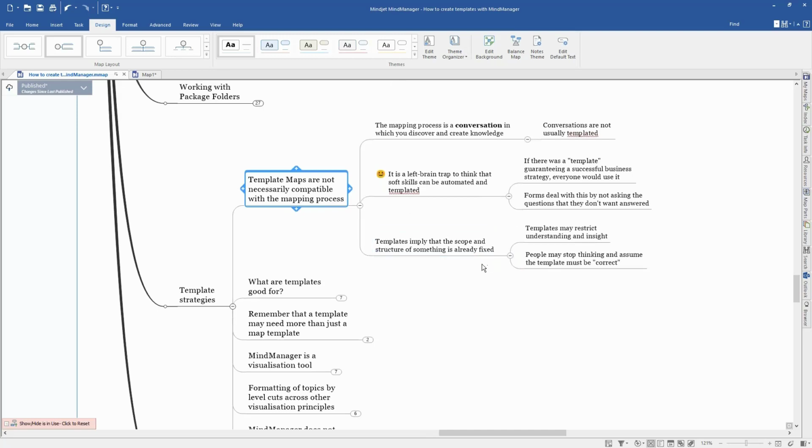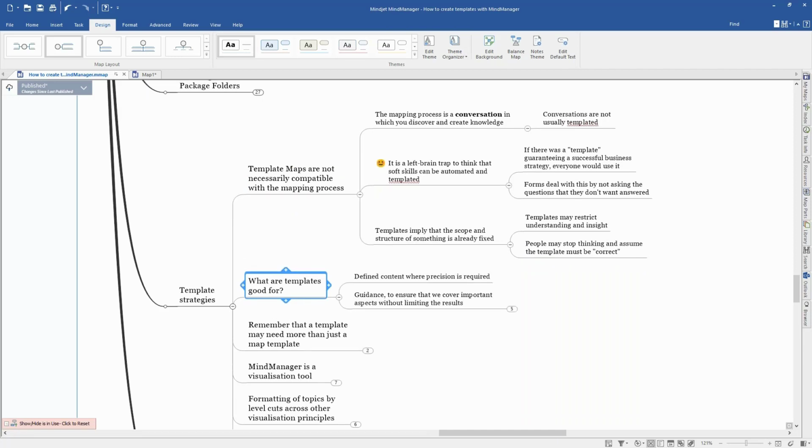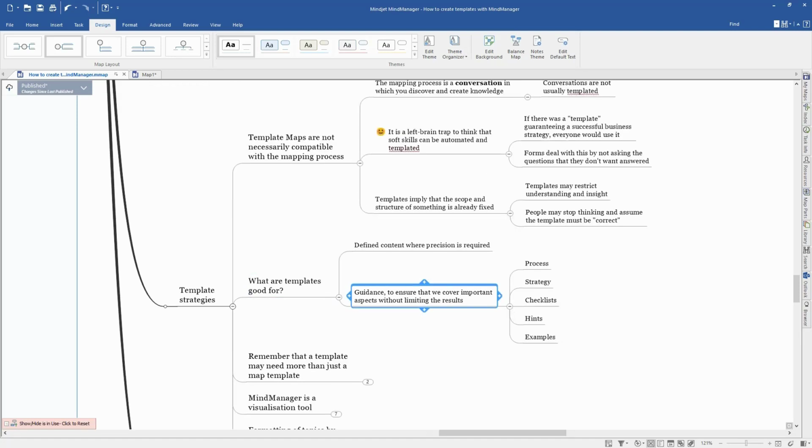So a template implies that the scope and structure is already fixed, and people may stop thinking if you give them a template that's too detailed. So giving people a really detailed and precise template might, if that's the output you want, be great. But people might not think outside of that. So what are templates really good at? They're either defined content where you need to be really precise, or they can be guidance to make sure that you get a good outcome